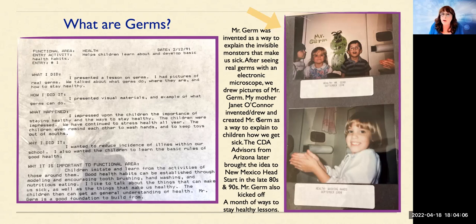The other ways are basically eating foods that are good for you instead of junk foods. Now we had 2 monsters, and on the right side of the screen you see Mr. Germ. Now this was drawn on a piece of poster board. It was based on a Raid commercial, so it's our own Mr. Germ. Back in the 70s, my mother created this when she was teaching at Head Start, and she told her